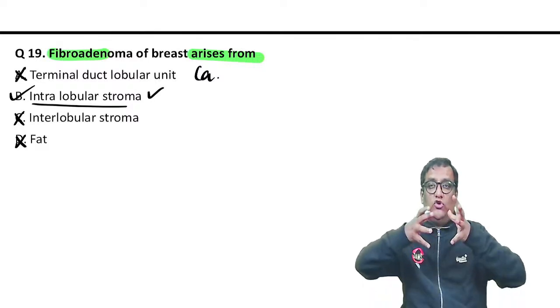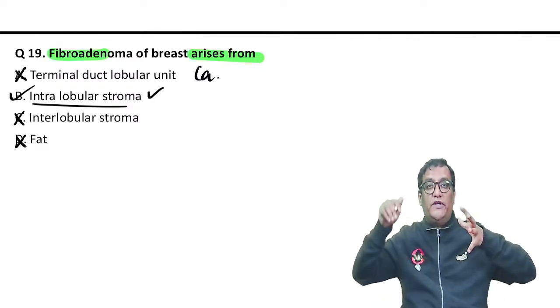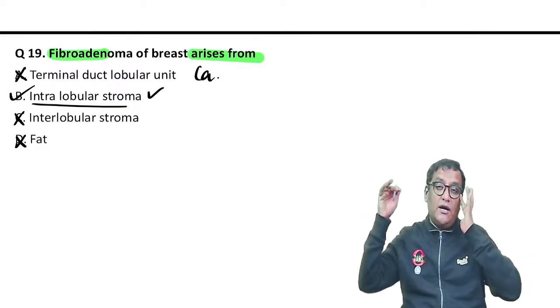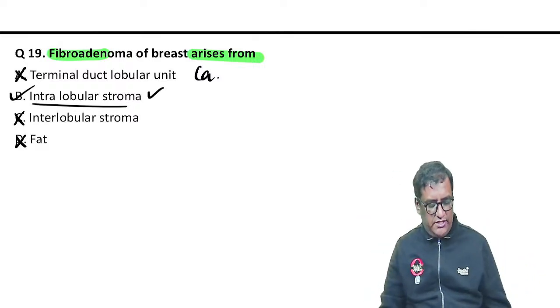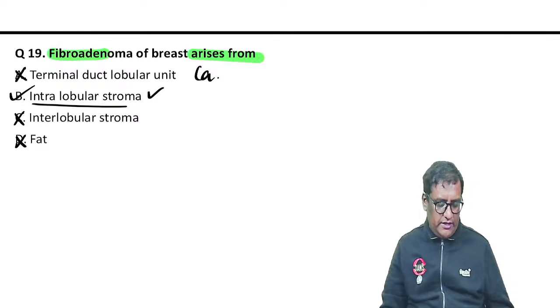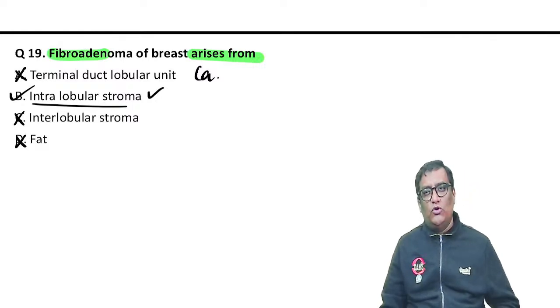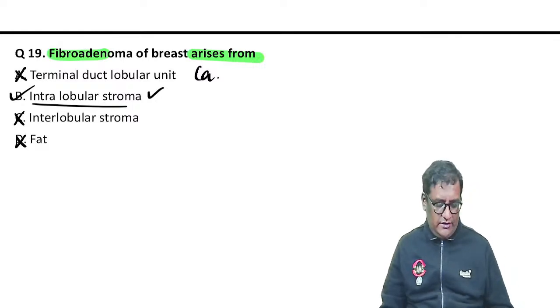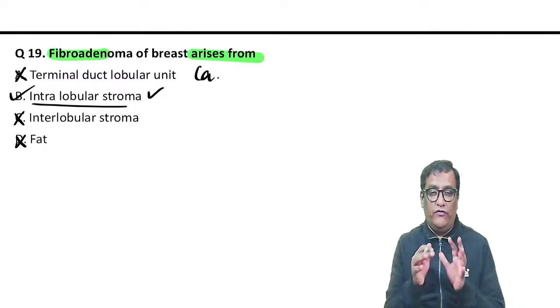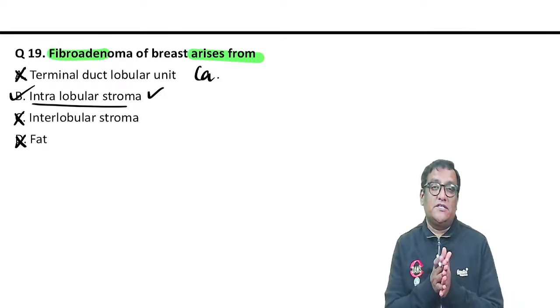There will be a stromal proliferation which will lead to compression of the ducts, so compressed ducts will be there, right? Yes, there are two types, pericanalicular pattern and canalicular. Anyway, we have discussed that histology in the actual class, so if you refer to it you will get to know. And we discussed TDLU.